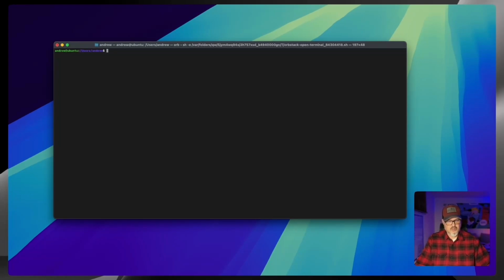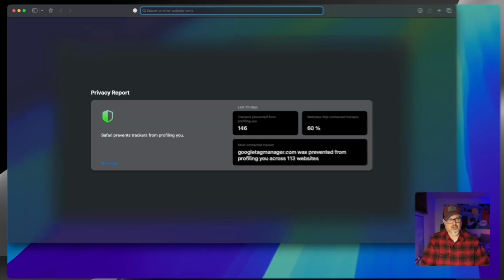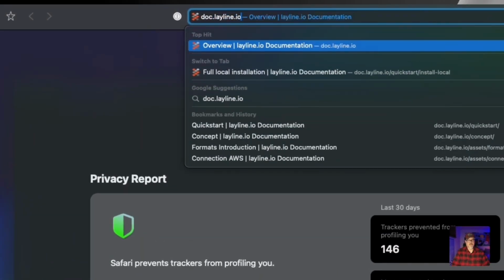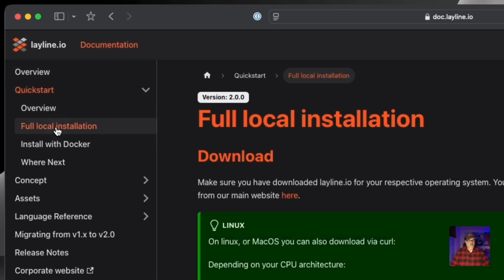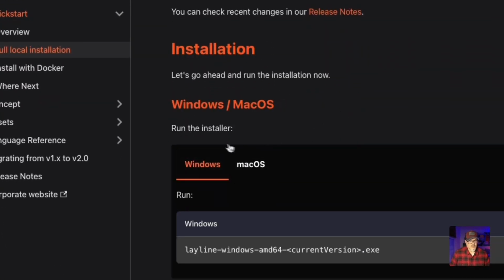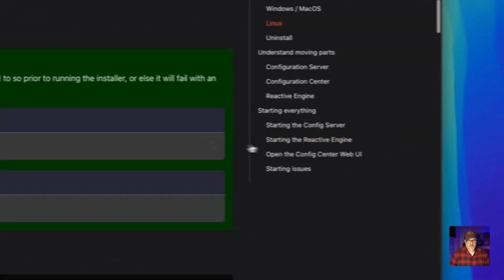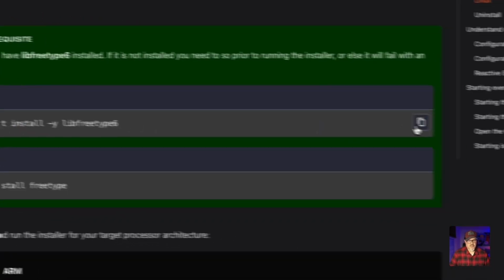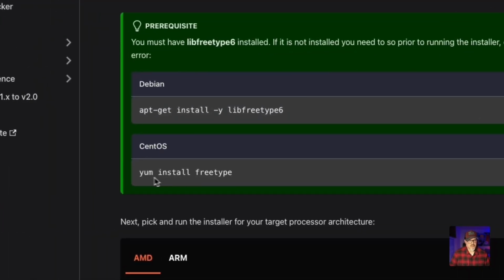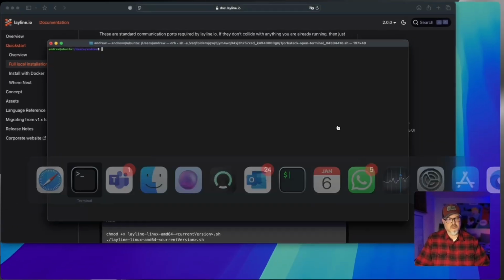And by the way, let's take a look at our documentation website, which you can find by opening your browser, doc.leyline.io. Head over there, and here under Quick Start, you can find all the instructions for a full local installation. It tells you how to install on Windows, Mac OS, and on Linux. So this is what I was looking for. This instruction here, apt-get install, installs this libfreetype6 library, and on CentOS you just install yum install freetype. So let me just copy this, go back to